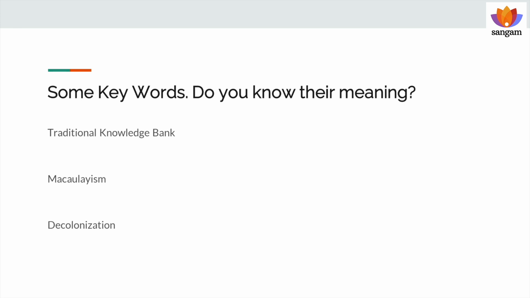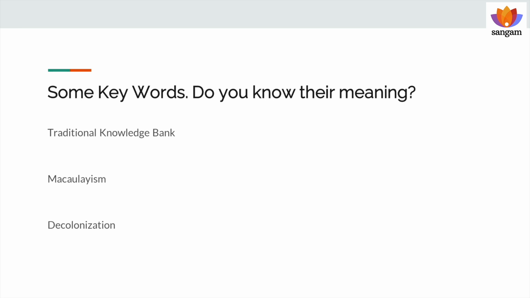The second word is Macaulayism. So Ayurveda, agriculture, they are all basically just the accumulation of knowledge about how to survive, how to do things better, what works for what kind of disease, what medicine will work. And that is what has been there, Ayurveda or agriculture, of how to do things for so many years. We have accumulated knowledge about how to do things in better and more efficient ways, and passed on that information from one generation to the other,